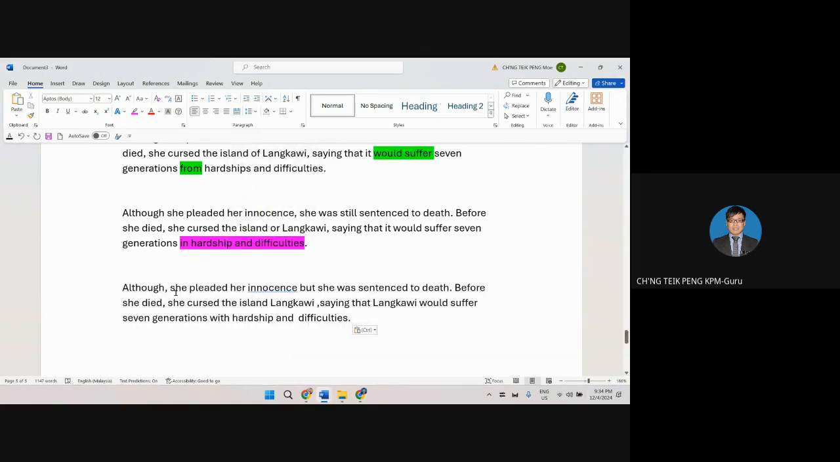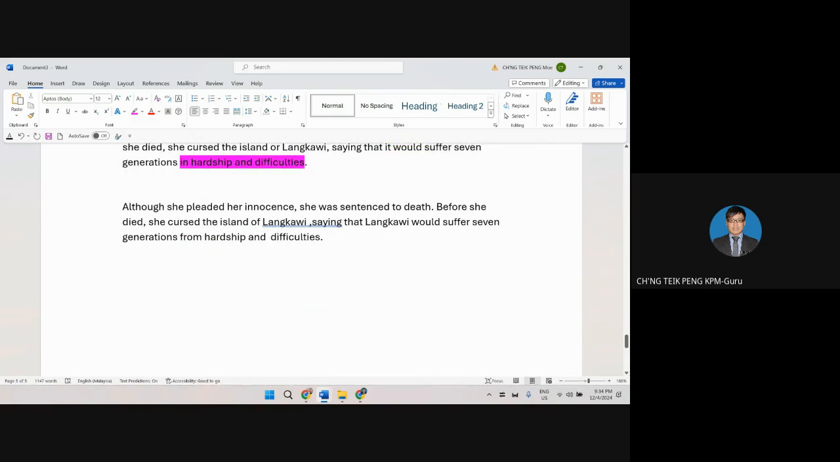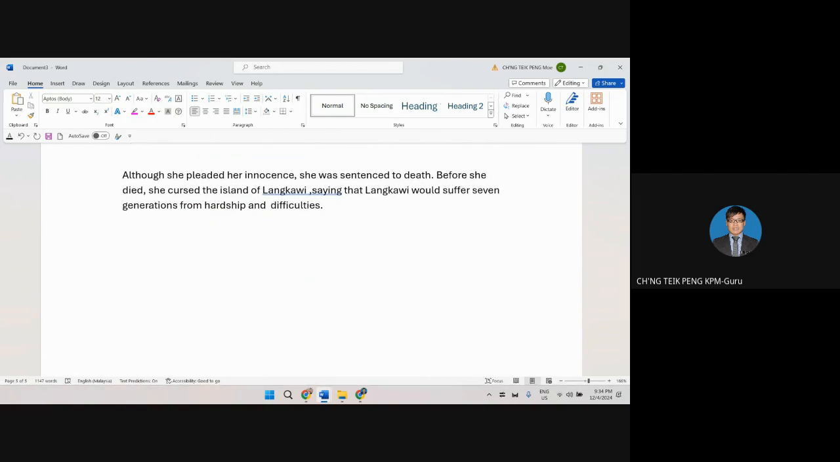OK, although 逗号就不对了，知道吗？Although 不可以逗号的，although 过后要直接写句子，过后才来逗号。Although she pleaded her innocence，过后才来逗号。然后那个 but 不能用，你用 although 你就不要用 but 了。Before she died, she cursed the island of Langkawi to suffer 7 generations from hardship and difficulties. 你看一样都错误到完的，看到吗？都是用 suffer 跟别的字，你们的 collocation 配错了。And then the last one, all right, the last one,